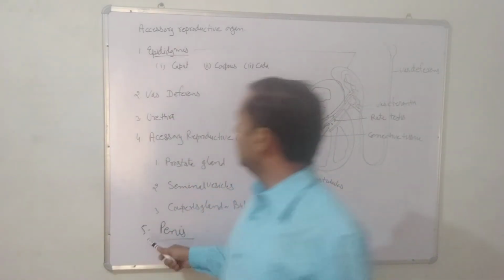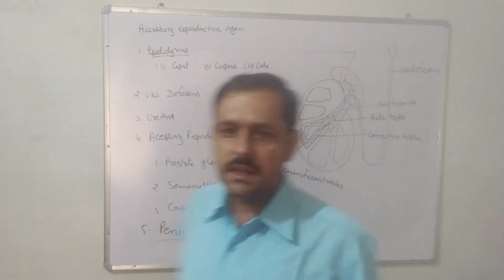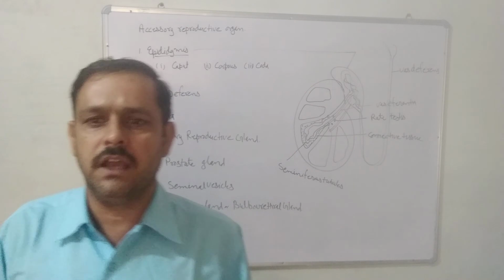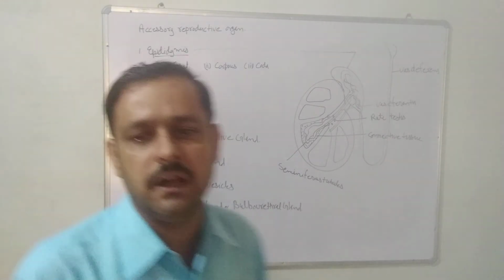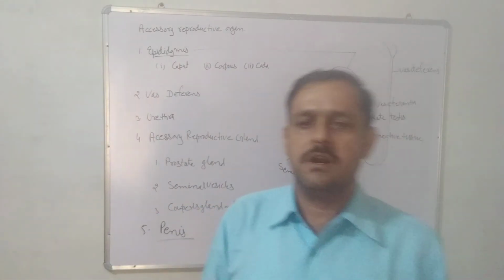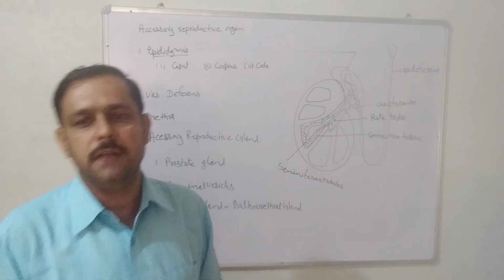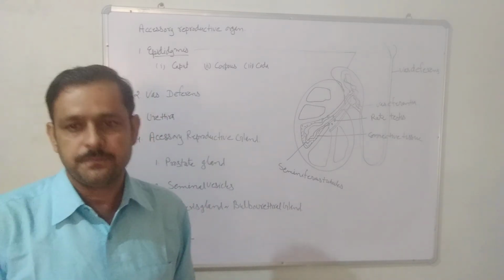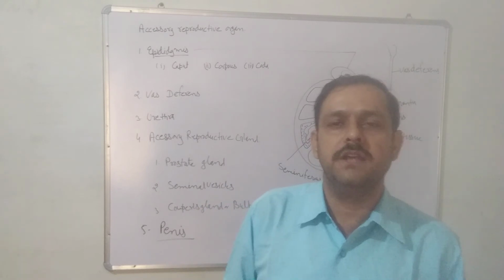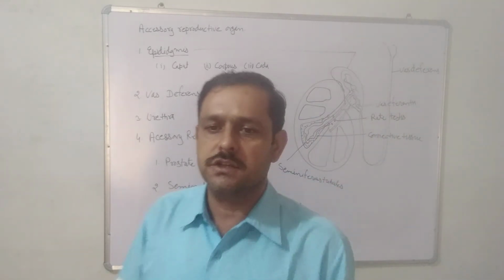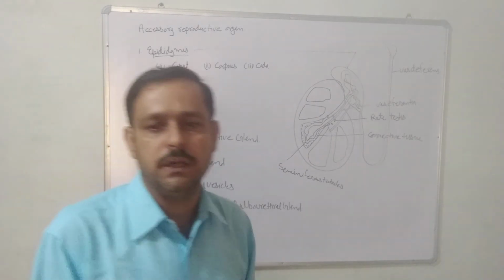Now, the last accessory reproductive organ of humans is the penis. Hanging from the abdomen, in the middle of the scrotal sac, a long cylindrical, erectile and richly vascularized copulatory organ is found in humans and mammals, which is called the penis. It is covered by thin skin. The body of the penis consists of three spongy longitudinal cords of fibrous and muscular connective tissue.